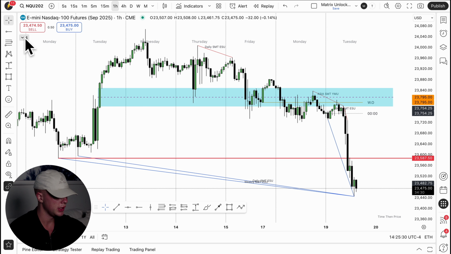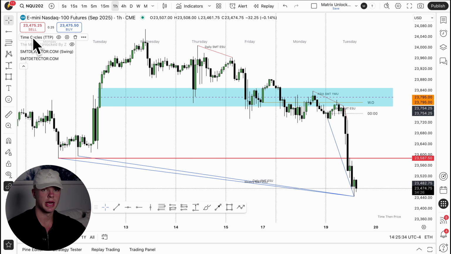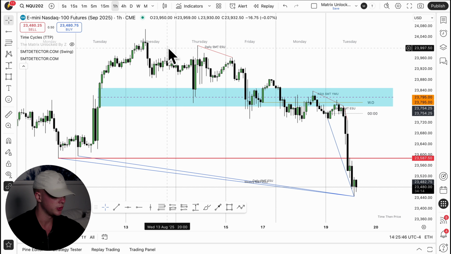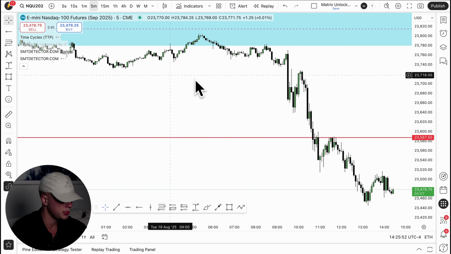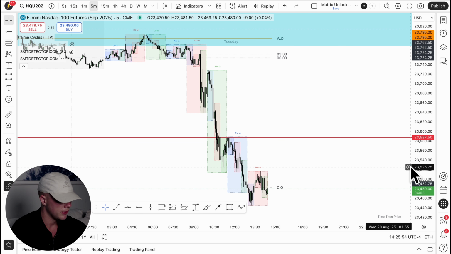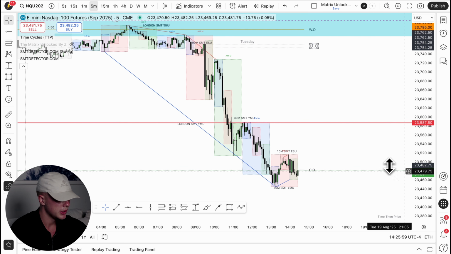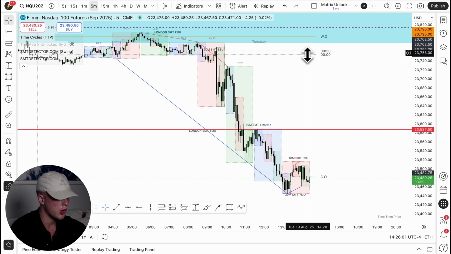So first of all, the indicator which I like to use is the time cycles indicator. This time cycles indicator is part of my private mentorship, Time Brand Price, and the reason why this indicator helps me out a lot is first of all because it plots vertical daily dividers, where you can see all the different days of the week right here from Monday all the way to Friday. On these smaller time frames, what this indicator does is that it plots the time cycles: the 90-minute cycles, 30-minute cycles, and the 10-minute cycles. Next to that, it plots the opening lines.